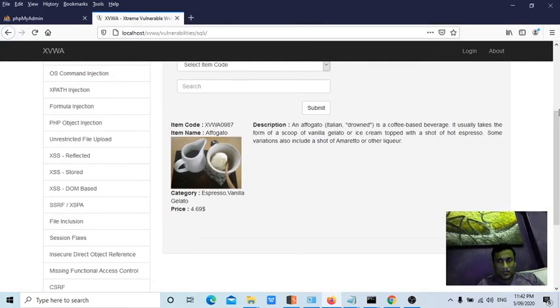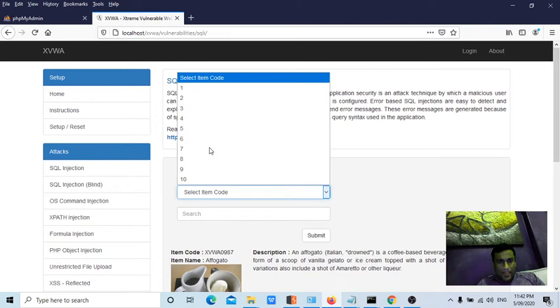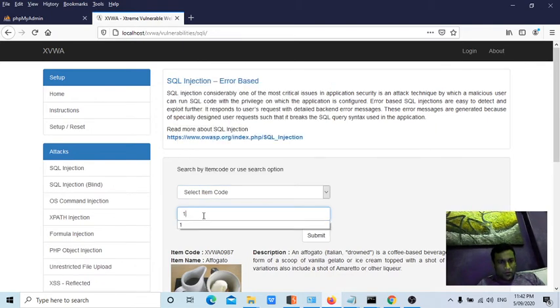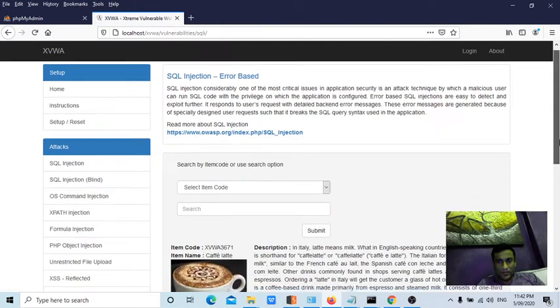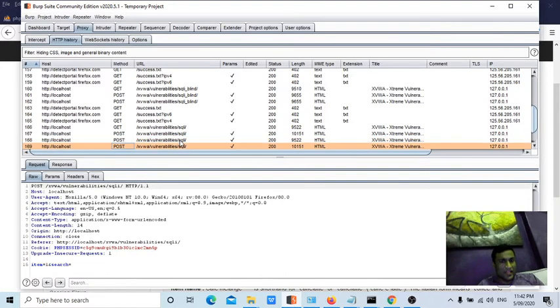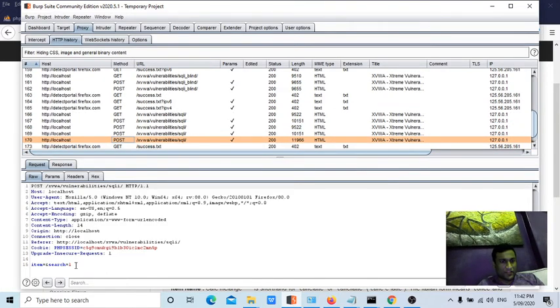Or else, maybe I'll try to fill the parameter value here, search is equal to 1, because earlier I sent that other parameter value as blank.